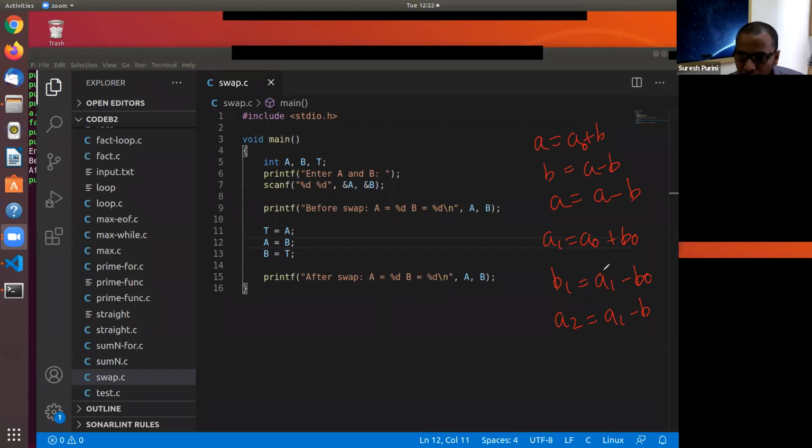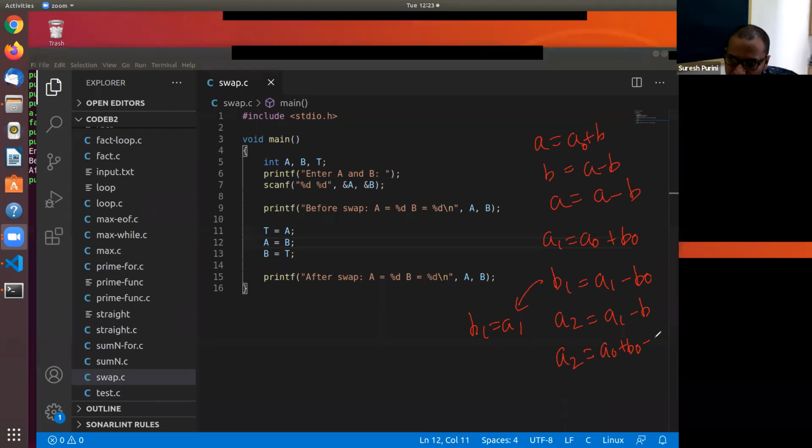And A2 is equal to A1, which is A naught plus B naught, minus B1, which is A naught.